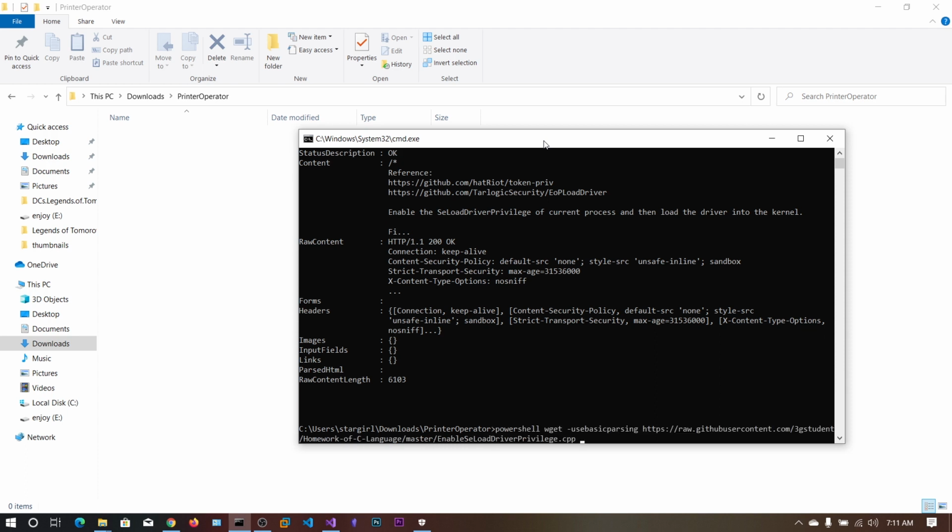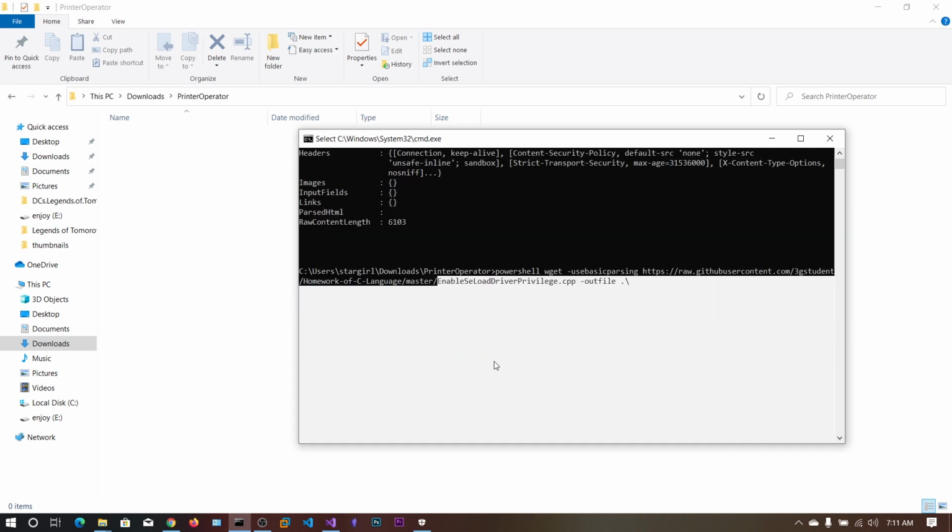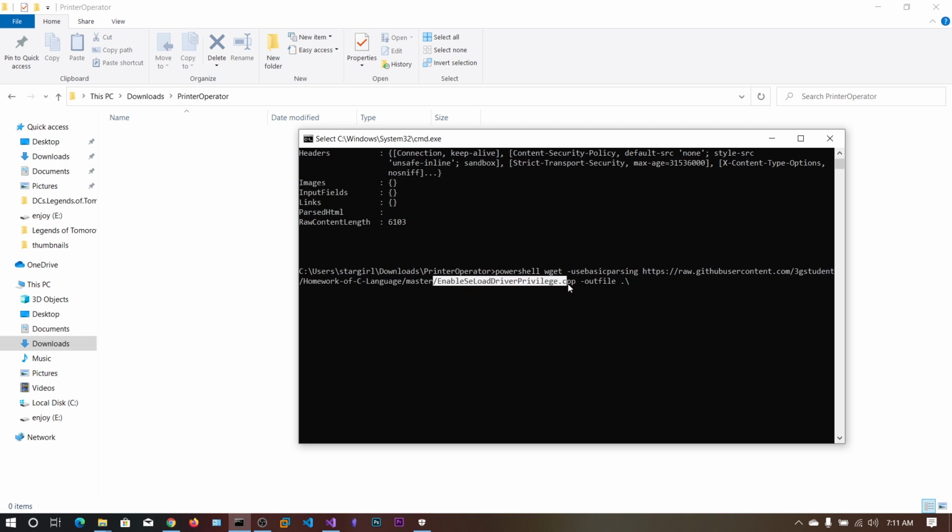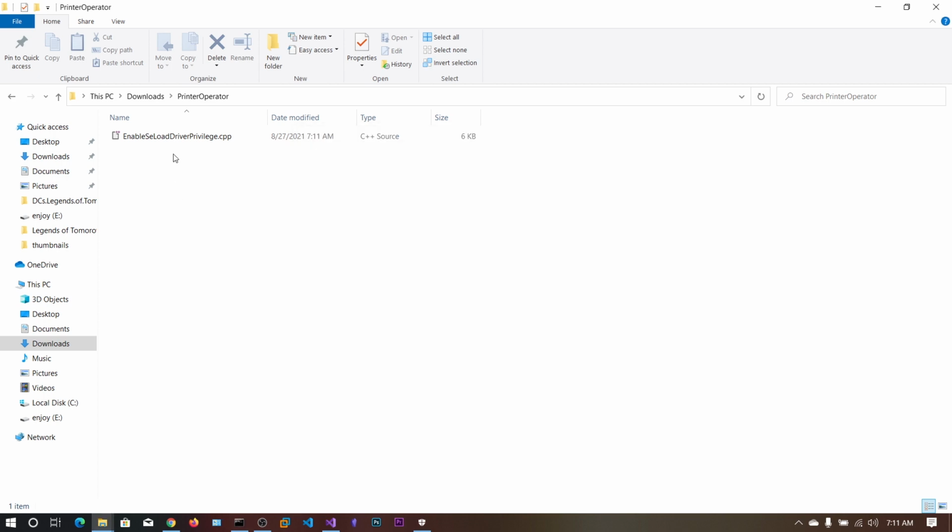I think we need to specify the output destination. And now hit enter, and now you can see the CPP file has been downloaded.